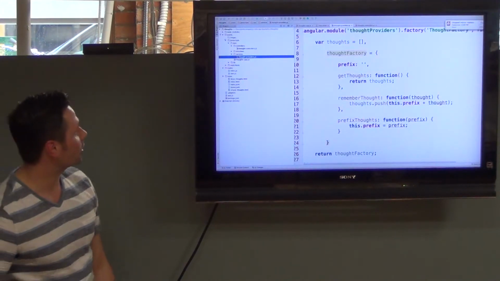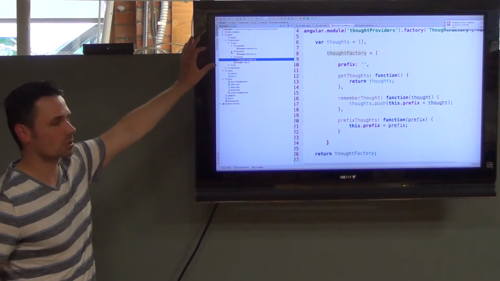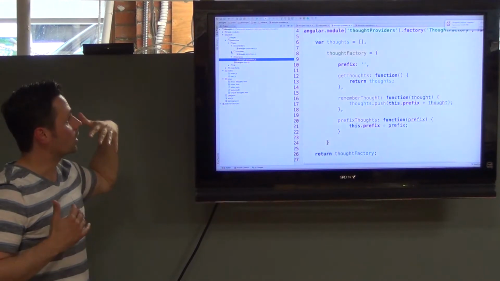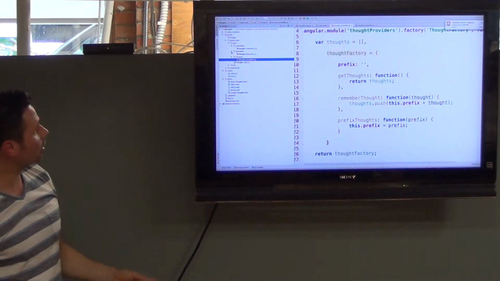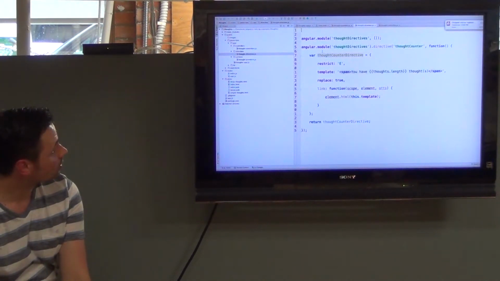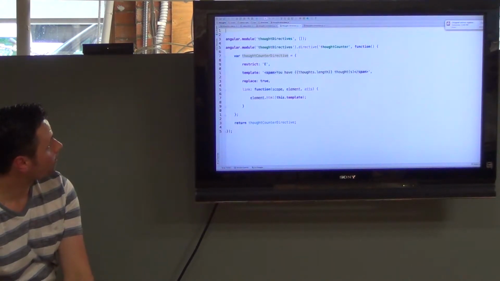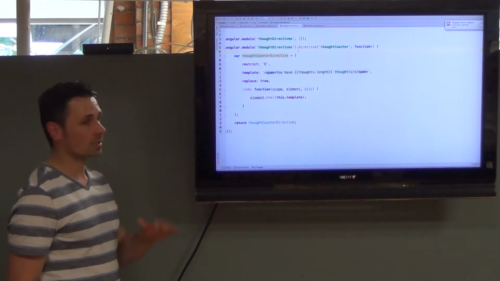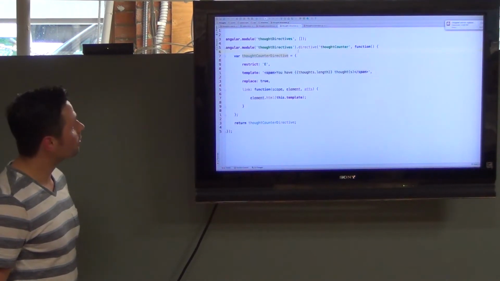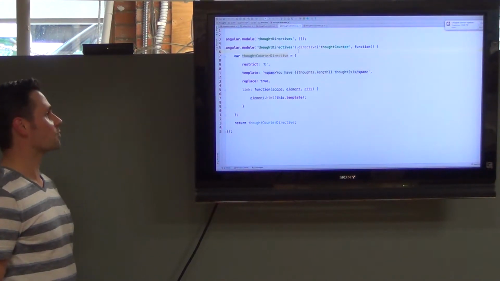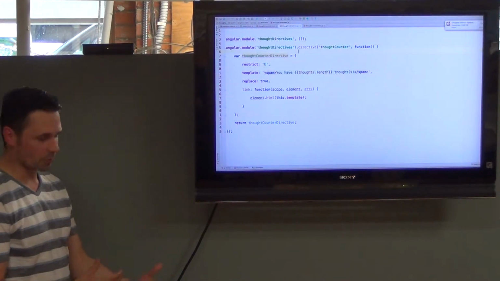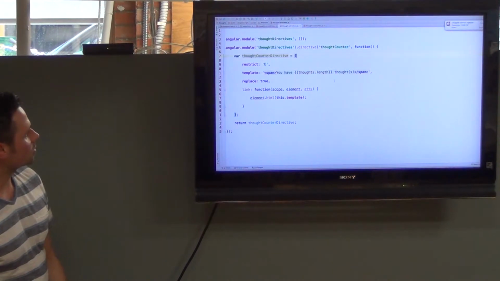Here's how we actually define a directive. You'll notice the structure of my application, you probably can't see this back here, but I'm declaring folders for controllers, directives, and services. So I created a new directory called directives, and in here, I define a directive. So I've created a module called thoughtDirectives. Again, no dependencies. And then I associate a thoughtCounter directive to my thoughtDirectives module. And the second parameter is the function that gets called in order to return this directive. So we return an object, and